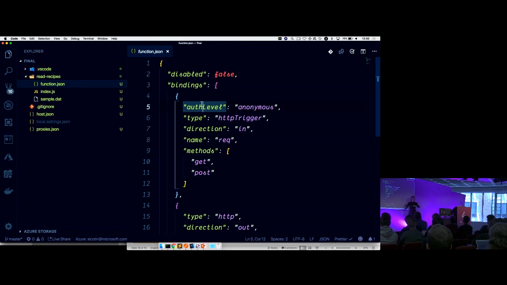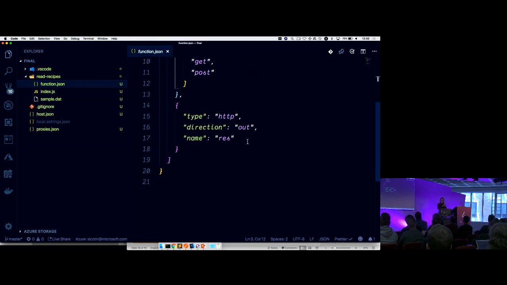One is an input binding, and it's the HTTP trigger. So this is how we tell the Azure runtime that we're listening for HTTP requests that are coming in. And then with the second one, we are defining the output binding, and this is how we tell the Azure Functions runtime that we are returning an HTTP response.